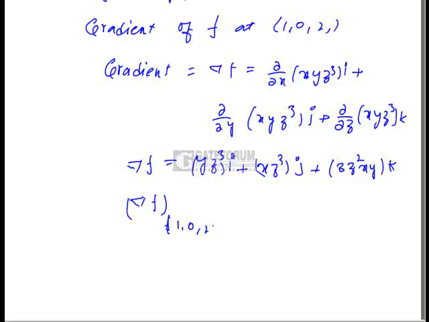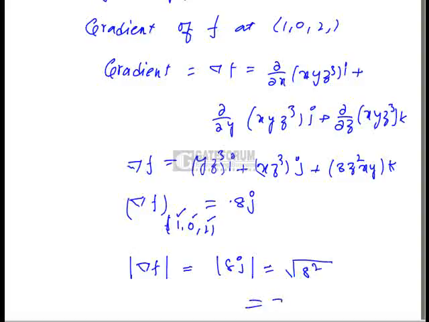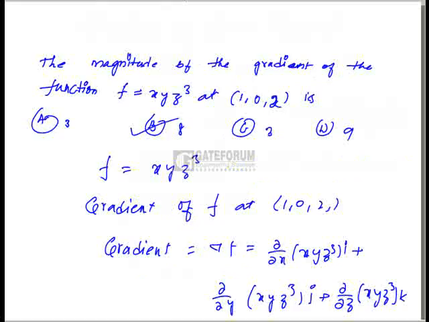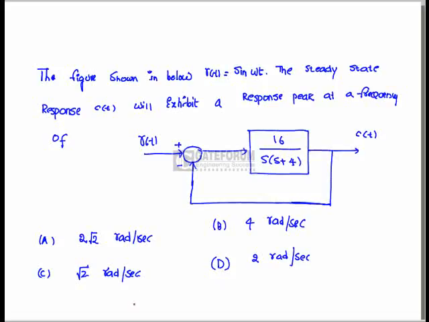Now delta f at 1, 0, 2 will give you 8j. Just substitute the value of x as 1, y as 0 and z as 2. Now the gradient is the modulus of delta f, which equals the modulus of 8j, that is root over 8 square, which is again 8. So the option B. Here we have to find out the resonance